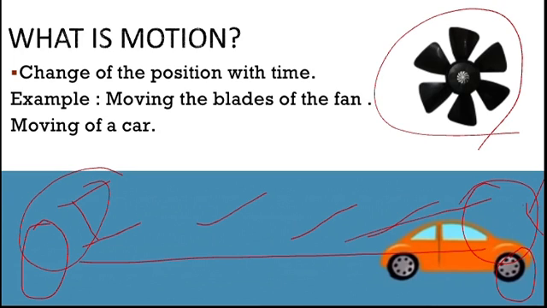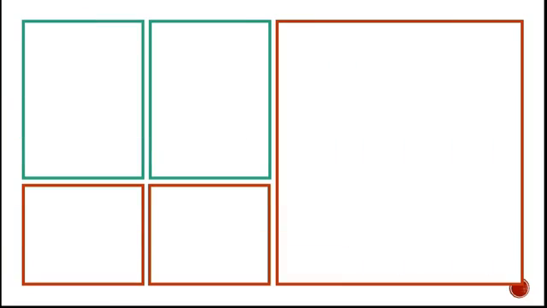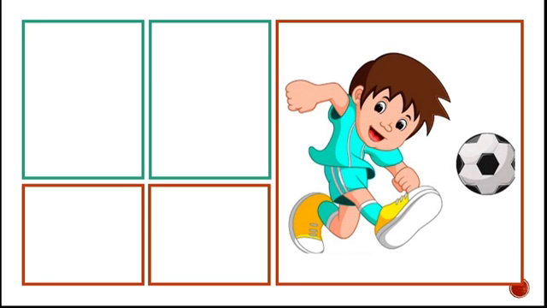So this is an example of a car in motion. Let us look at some other variety of examples which we are going to see in motion. We see objects moving. Look at this boy playing football. What is happening, do you think? The boy is in motion. Yes, of course, because his arms and legs are continuously changing position over time. So overall, the boy is in motion.